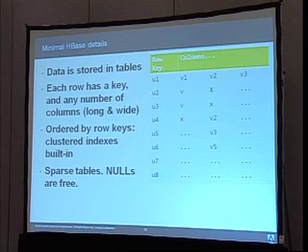Also, the most fundamental property of HBase is that clustered indexes are built in. Inside a table, the rows are ordered in an absolute order by the row key, lexicographically by the row key. If you insert new data and then you get it back from HBase, it's going to return the rows in exactly the order of the row key. Finally, as I said, it's like an Excel table, but tables are sparse. So basically, you don't need to store null values. A column that doesn't exist, that's a null value.